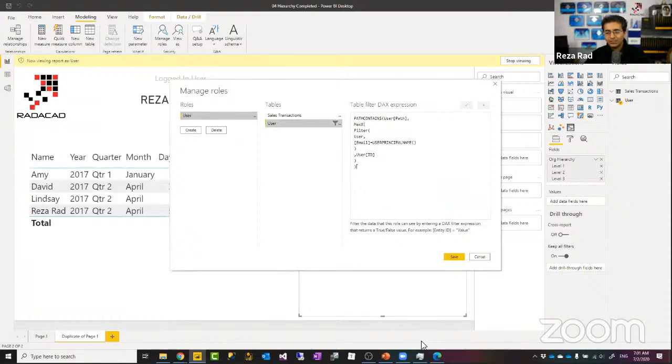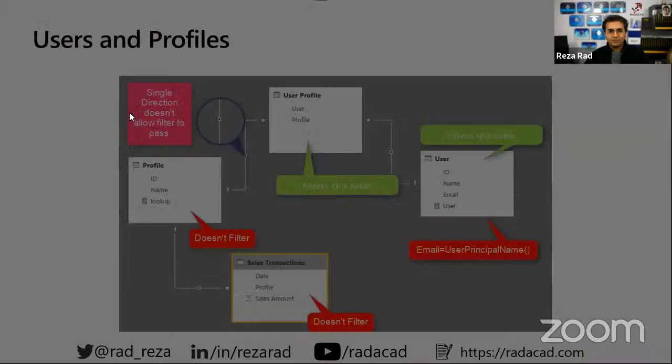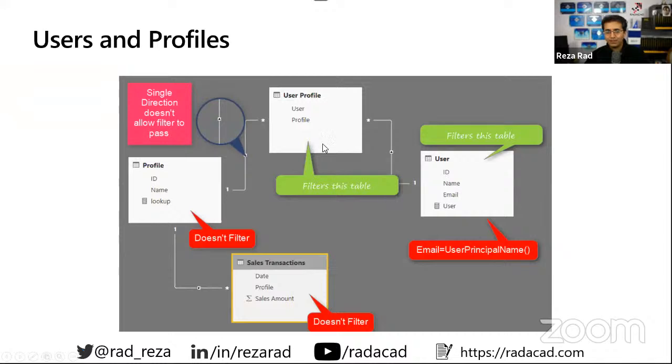The row level security criteria can get a little bit more complicated. I didn't talk about this pattern, for example, users and profile. When you have a many-to-many scenario, many-to-many doesn't work properly with row level security because your user table gets filtered, but doesn't get your profile table filtered because of the direction of relationship. Many people go and just change this to be both directional. That brings a really big performance impact, and it's not recommended. I don't recommend using that.